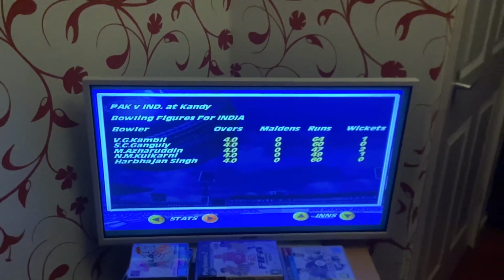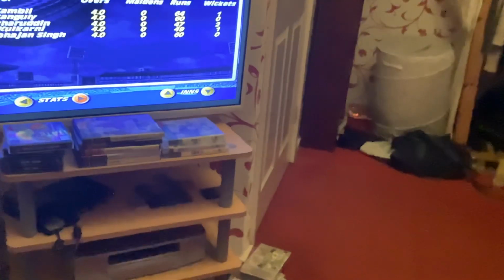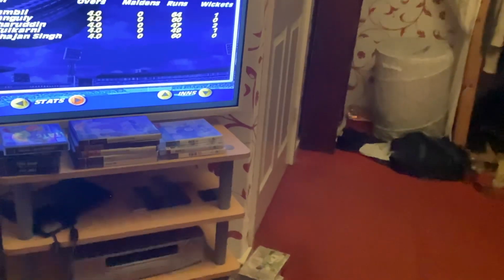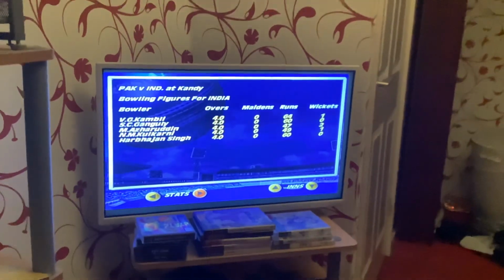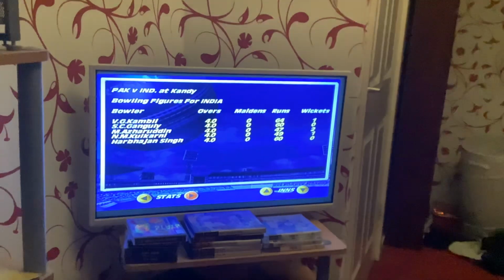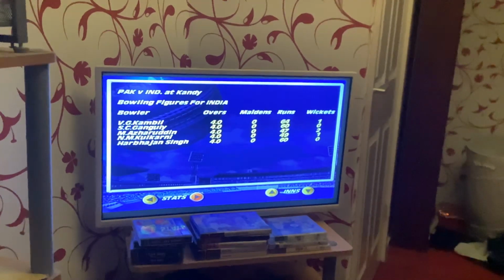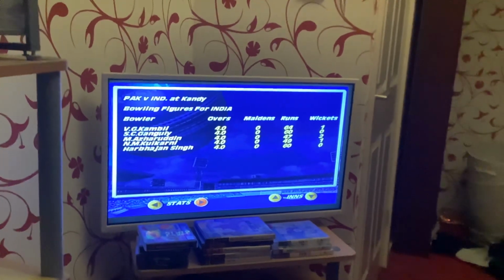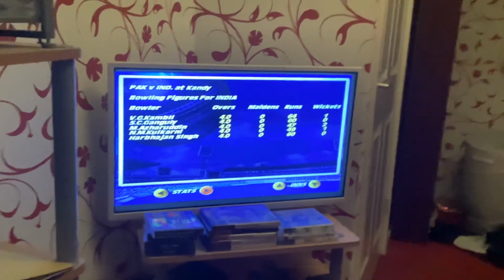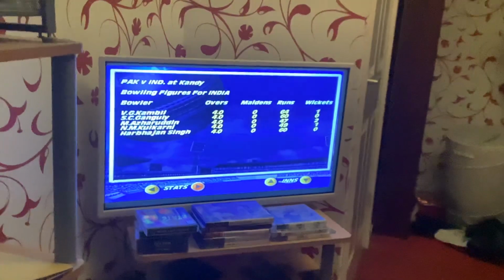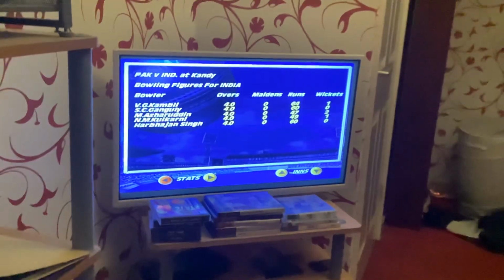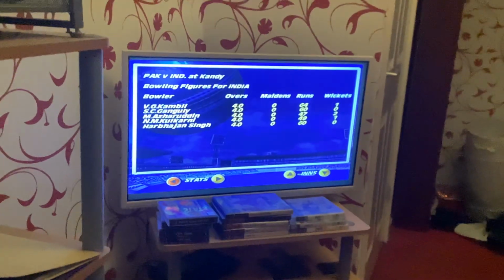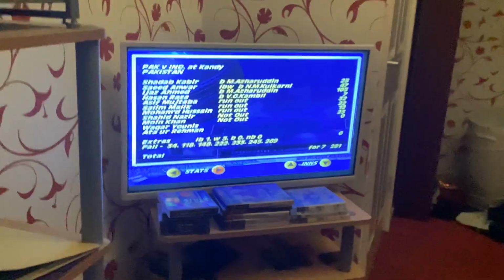64 for 1 for Karsan Ghavri. 60 for 0 for Kapil Dev, who was absolutely muddled all over the place. But the captain, Srinivas Venkataraghavan, was unresponsive at all and went for 60 runs as well from his 10 overs. He had a really sorry match. Probably one of the worst matches that a captain could probably ever have, because you'll see in a moment the